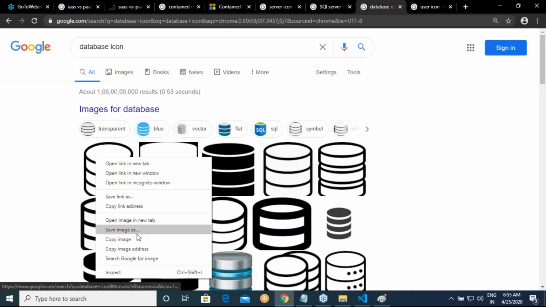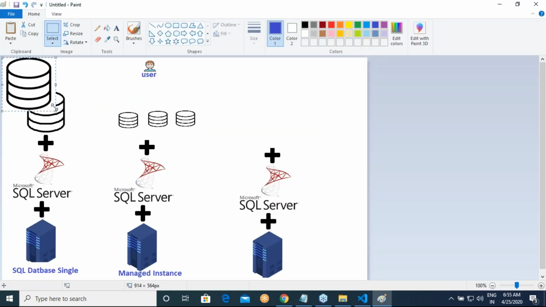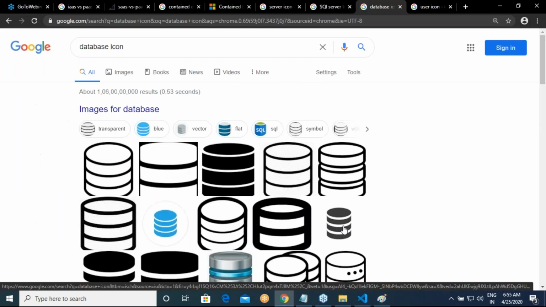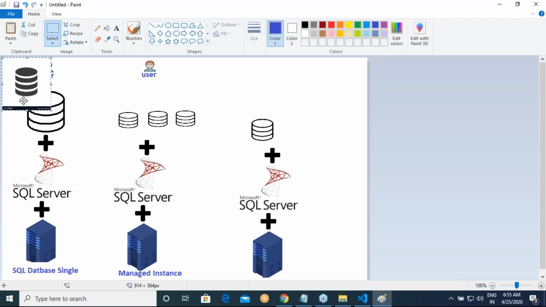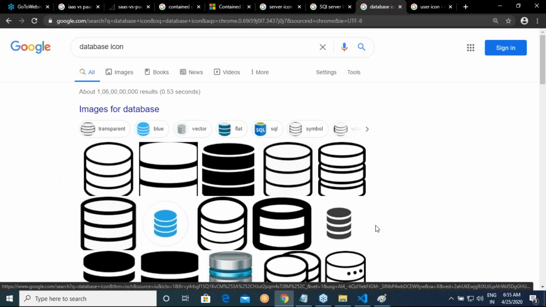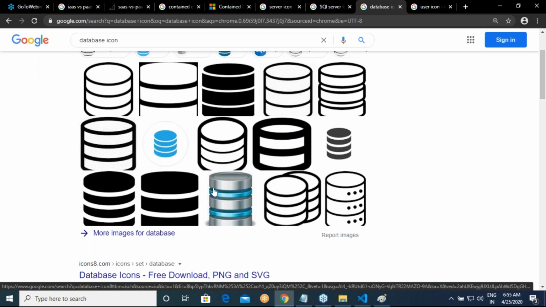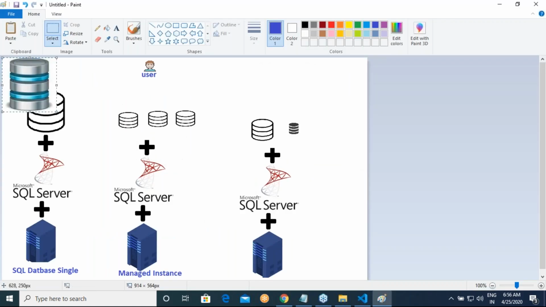And if you look at the databases, here also you'll have databases, but they are multiple. Let me not use the same color, so that there will be some distinction. Here it is a collection of single databases. Each database represents a different application.